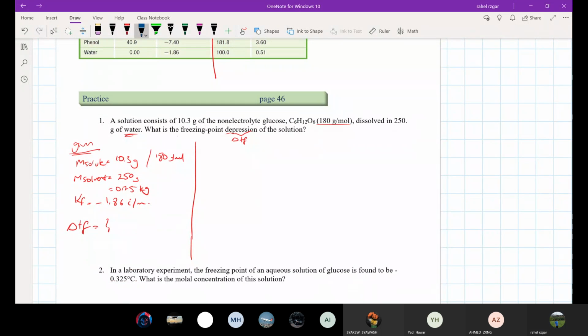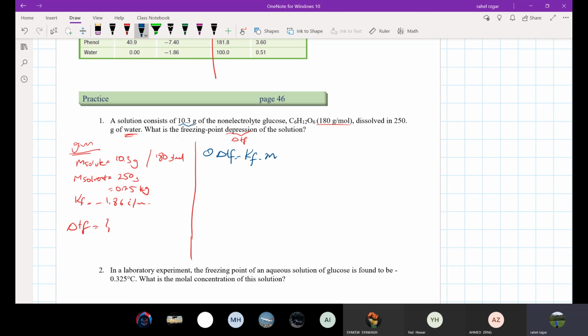Now, it says find delta T. Let's find delta T. Everyone pay attention. How do you find delta T? So the logic here, we know the freezing point of water is 0 Celsius. From this question, you can easily understand everything. Water will freeze at 0 Celsius, but if we add 10.3 grams of a solute, glucose, how much will the freezing point decrease? How many Celsius will it decrease? That's what we are trying to find. The delta T is equal to